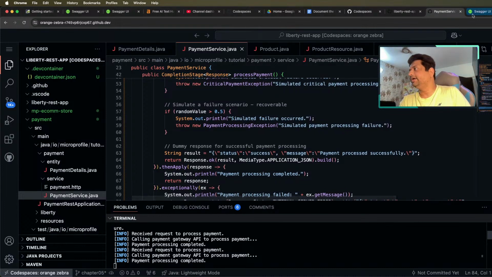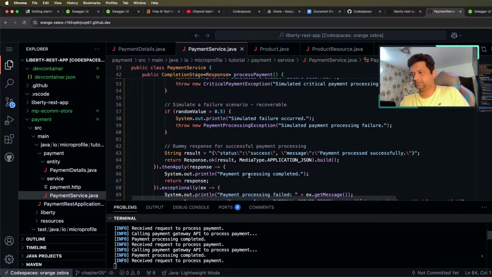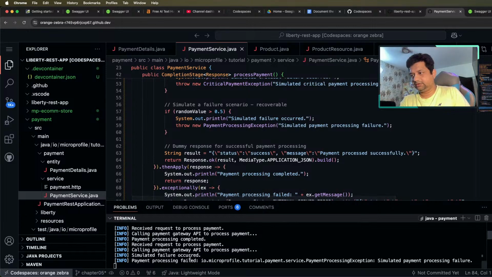Okay, again. So non critical failure. So there is an exception, so retry should happen and it should recover,